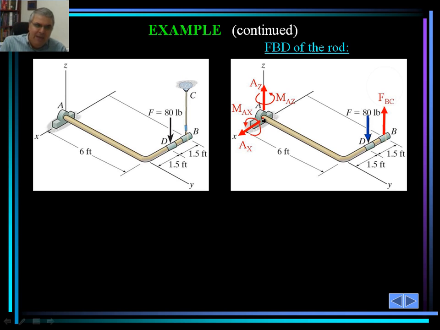So we put it at A, and there will be no reactions in the y direction because it is free to move in the y direction at A, but the support is constrained at A in the x and z direction, and that's why we won't be able to move in the x and z directions. M sub A sub x and M sub A sub z are also shown here. Those would also be the reactions of the support. So altogether we have 5 unknowns here that we would like to